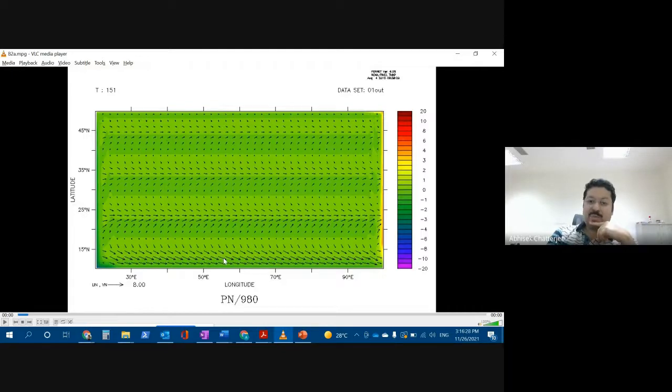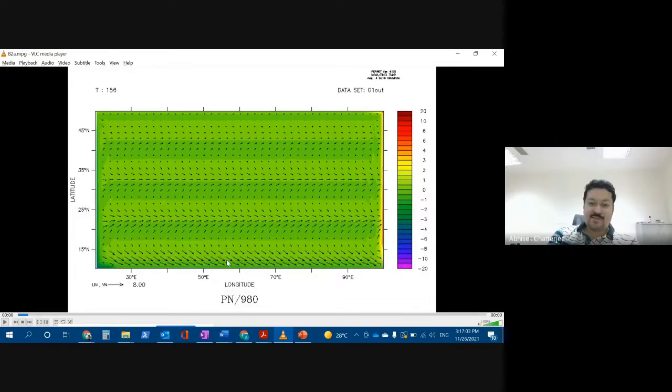Why should it happen? Because it is rotating with a period of 2 pi by f. Here f is less compared to here, so the period will be more here compared to this smaller vector. This is my theory, and I just want to see whether that happens. Basically, if they are both pointing in the same direction, after one revolution we'll see which one comes first here. That will tell us whether that is what is happening.